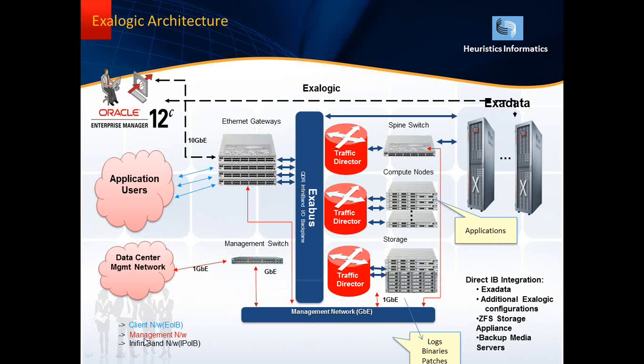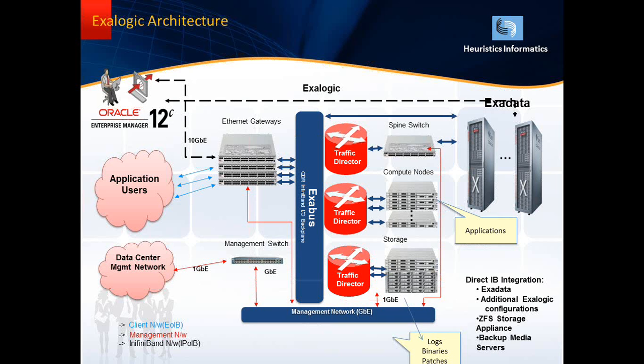First of all, I'm going to discuss the network part. Here I have three networks: the InfiniBand network, the client network, and the management network. The client network, which is called Ethernet over InfiniBand, needs to be configured by us in the ODS file, called bond1, where the IP address is specified. This client network is used for outside traffic, whatever traffic is coming from outside of the data center.